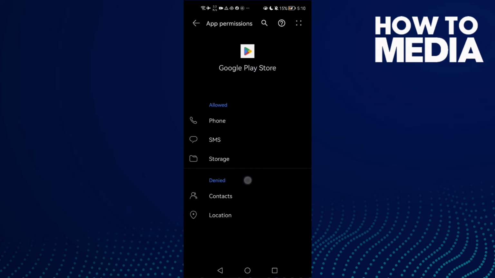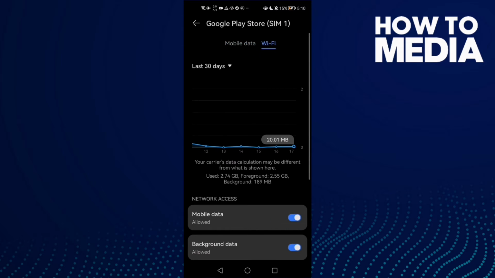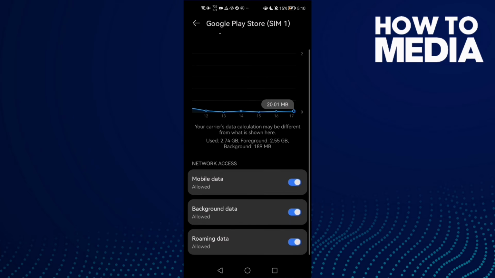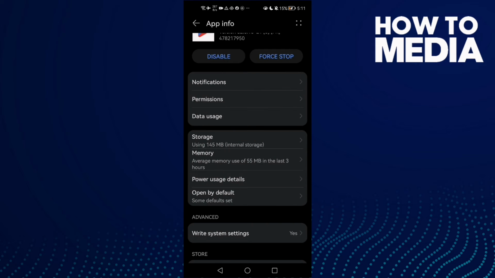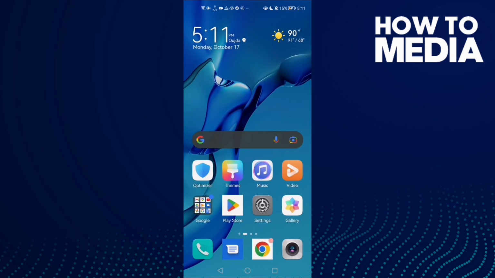You need to allow it and then go back and go to Data usage and go to Wi-Fi and now just enable network access here and then go to Storage and clear cache and now just try again, and if